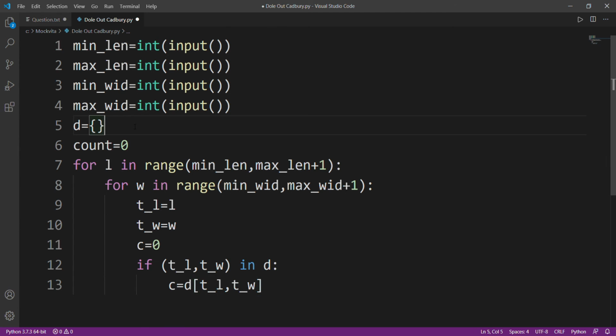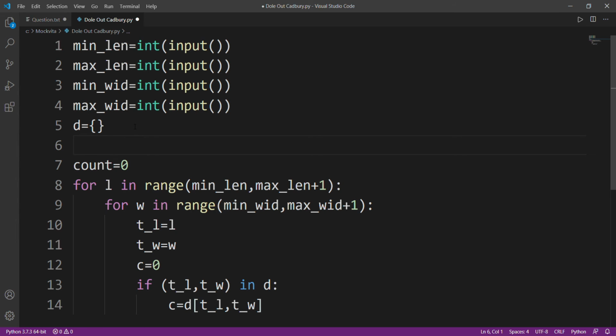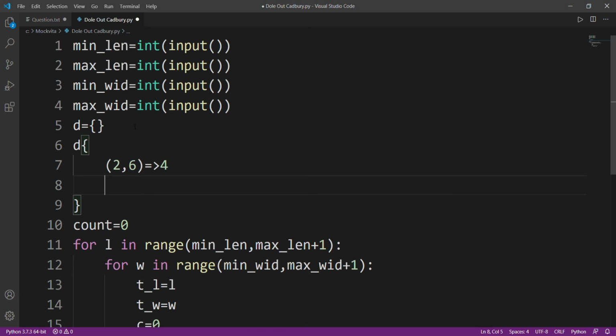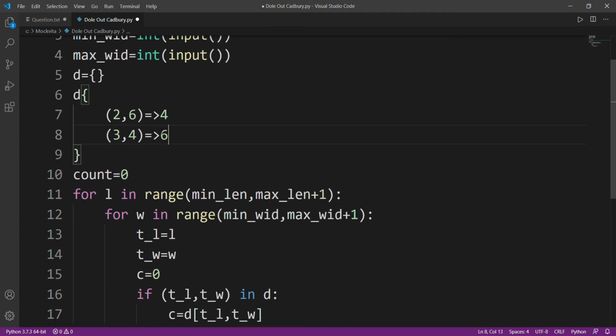I hope you know a dictionary works like a key value pair. We'll be inserting the values in a dictionary like this. Suppose it will store the value of 2 6, maybe the answer shall be 4. It may have an answer in the form of 3 4, then it will have the answer 5. Whatever it is, when we insert this key value in only O(1) complexity, it will return us 4, right? It's like when you actually try to pick an element from an array, the complexity is order 1.